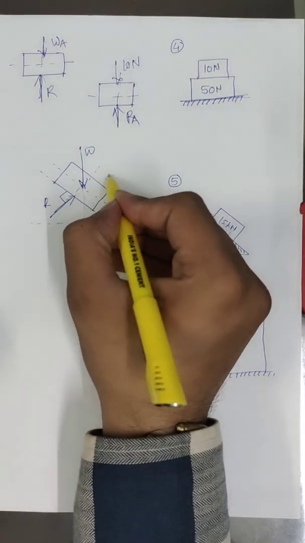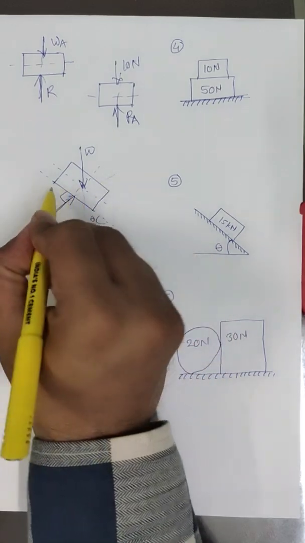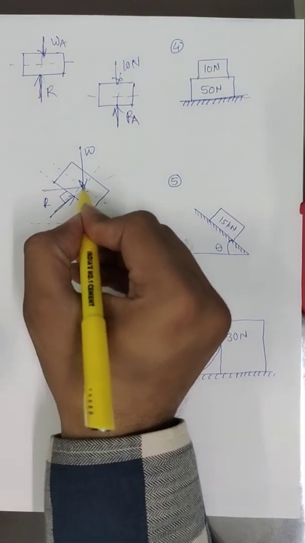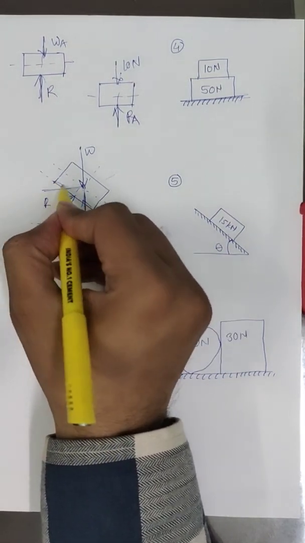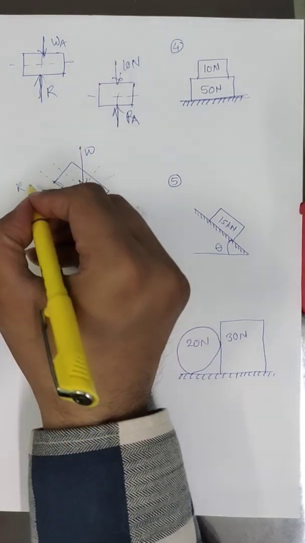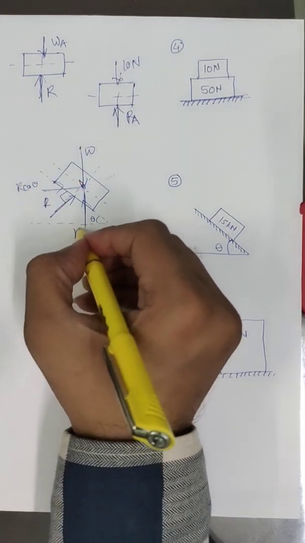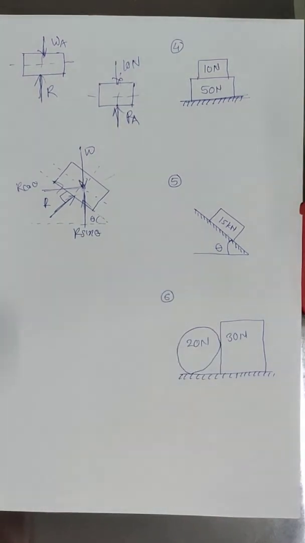And then it is moving in the first quadrant, so you may resolve these forces. You may resolve these forces in there. R cos theta, R sin theta. Okay. So it is a very important topic in engineering mechanics. All of you try to draw the free body diagram of various numericals,